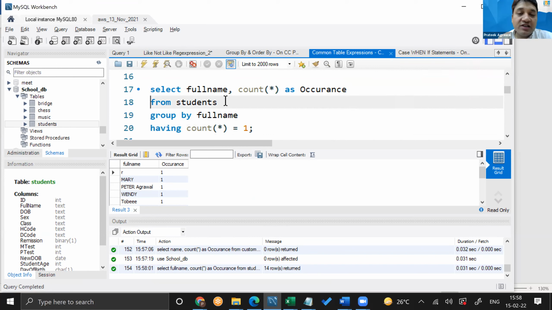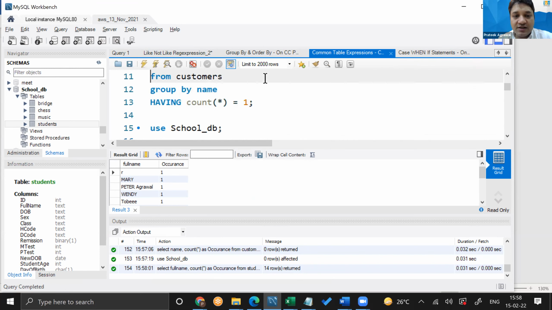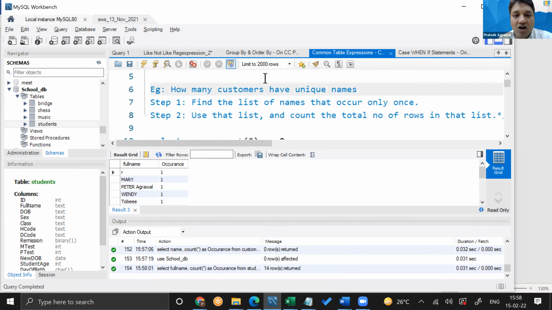So this gives you those names that are unique, isn't it? But is the question same as what we just did here? The question is different. How many customers have unique names? Not just the list of customers which have unique names. I want to actually see how many such customers are there.